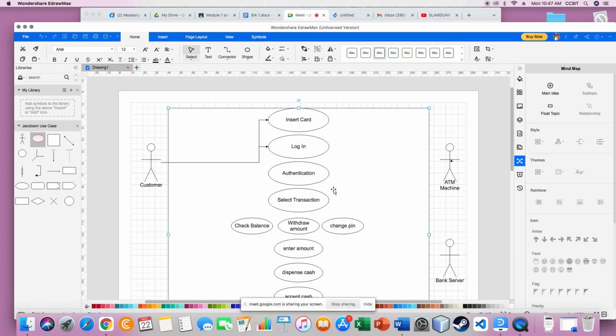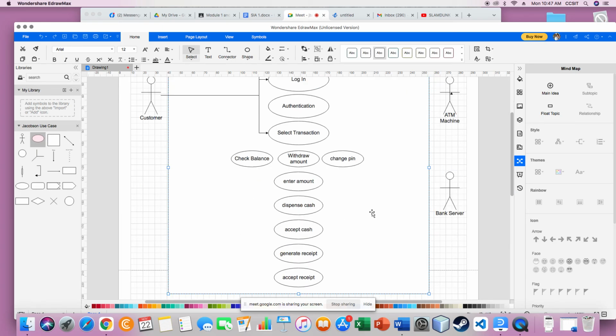Then this authentication does not belong to the customer, because it's either the ATM machine or the bank server. So another process for the customer is select transaction. So that one. Then under select transaction, this one is under select transaction. Then this one also, because it is under select transaction. And then this one,